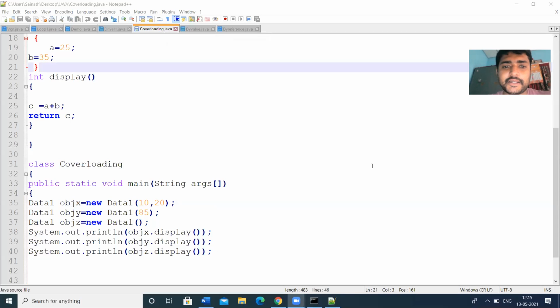So is constructor 3 a copy constructor or a default constructor?